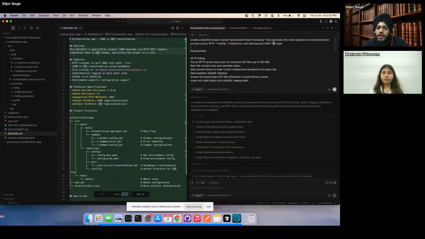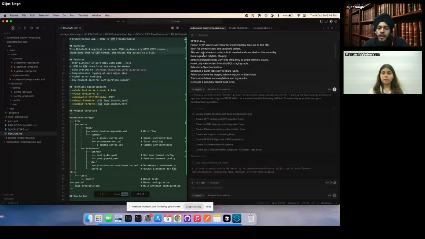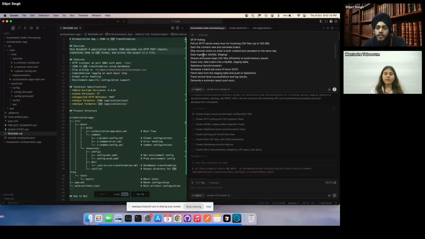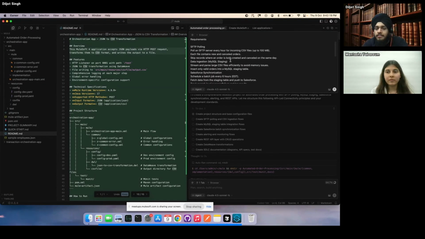So it's having all of the CRUD operations that we have, right? And these are the requirements that I've given. FTP polling, there was a use case. Suppose some client gives you a use case, you can directly send it to ChatGPT. It gives you this prompt, so you can make it a bit less detailed, because overfitting is also bad